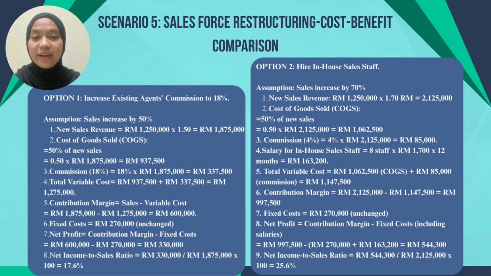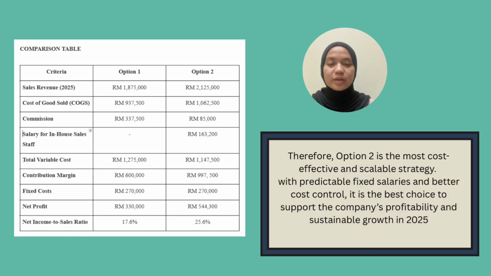This leads to a total variable cost of 1,147,500 ringgit, and the higher contribution margin of 997,500 ringgit. And after including fixed costs, the net profit is 544,300 ringgit, with a stronger net income to sales ratio of 25.6%. And here is the comparison table for both options. As shown, option 2 results in higher sales, lower commission costs, and greater net profit, while option 1 provides 330,000 ringgit